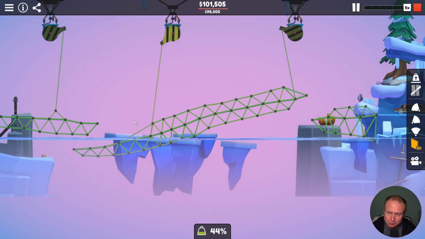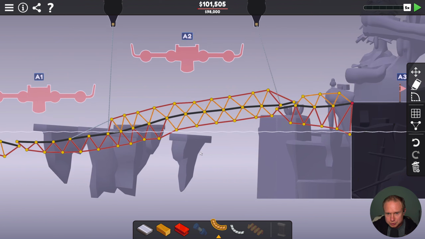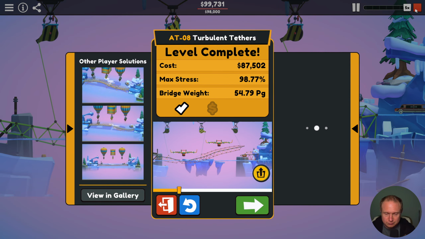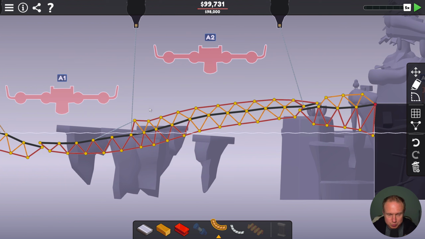Okay, that works. So now, if we want to improve from here, I think we're going to need to start asking some tough questions about the doubling up of supports here. Like, question number one is, do we need it at all? I think the answer is yes, but let's try...